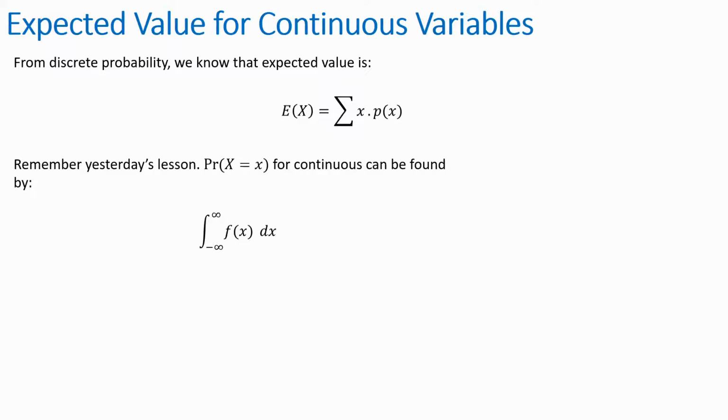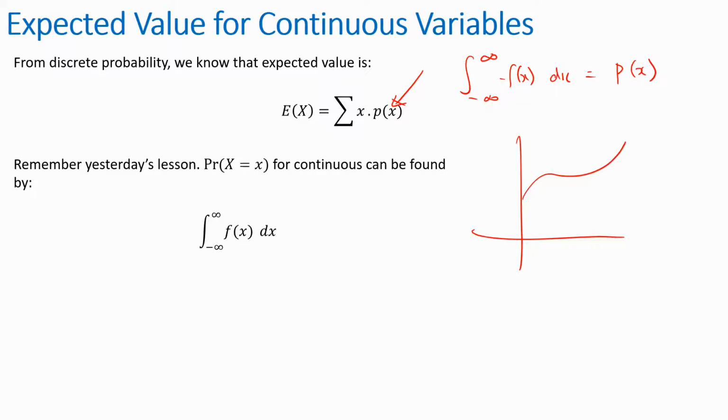Then in continuous, it's exactly the same thing. You see, if probability was the error region, then it was find the area or the region of f of x dx. That is equal to my probability. That's what I'm saying. So this is summing all the regions. Think about it. Whatever your curve is, I'm summing all my probabilities. So that already means sum. f of x to find the region, that's P of x already.